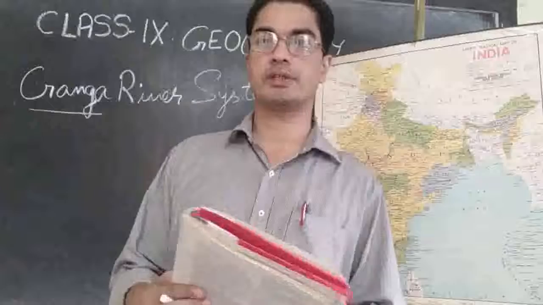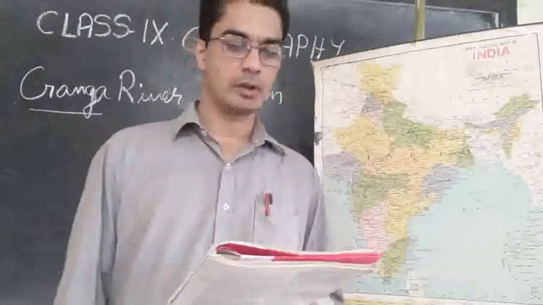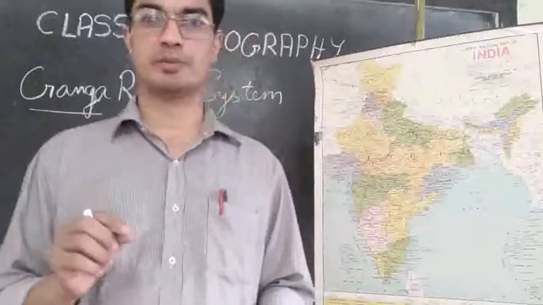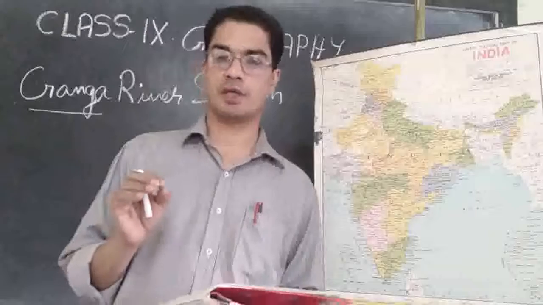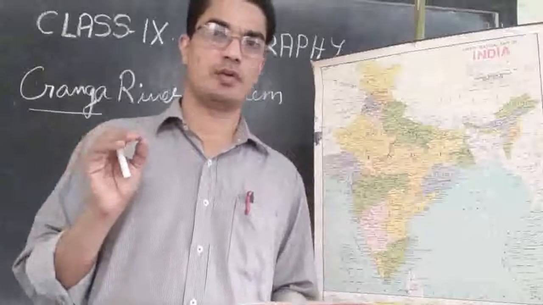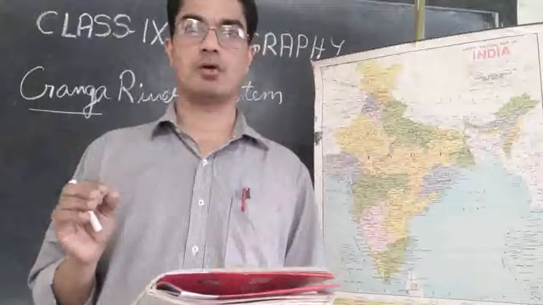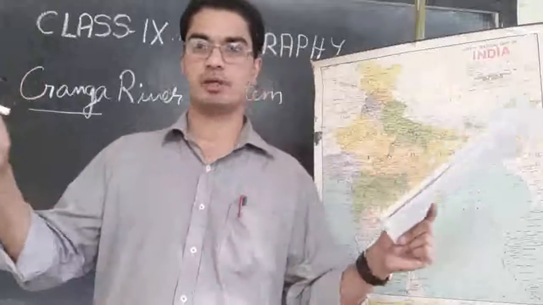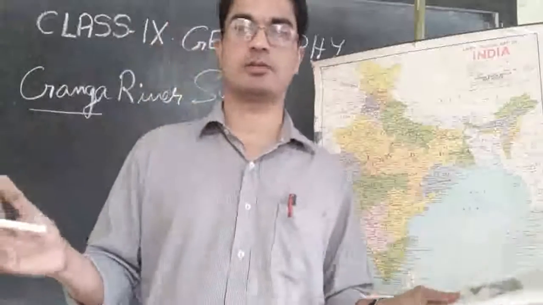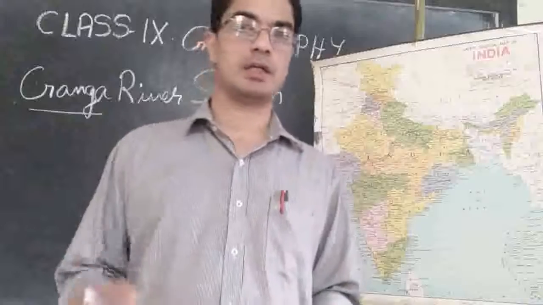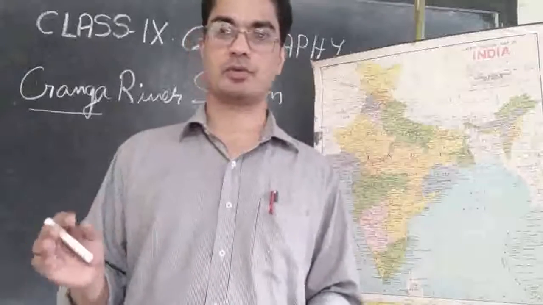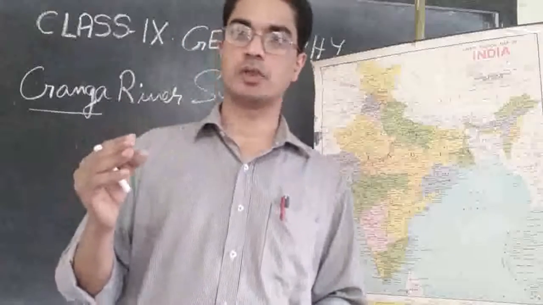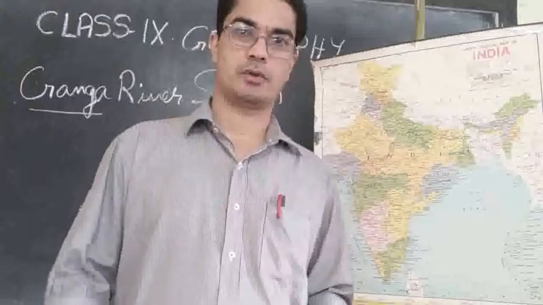You can follow in your textbook, page number 20, Bhagirathi, and is fed by Gangotri glacier. So you have to remember this beginning of Ganga river. It is started by melting of a glacier. Glacier, I hope you know, it is a big area, thick ice sheets. So melting of this glacier, and the glacier's name is Gangotri. So remember, the origin place is Bhagirathi, and it is getting the water from the melting of this glacier,